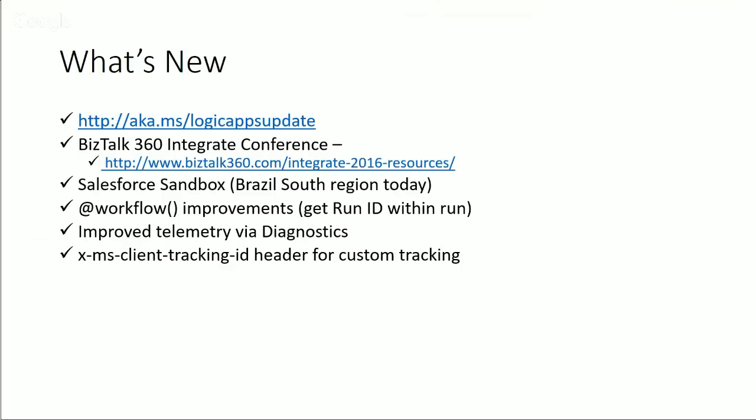Yeah. One request we got a lot is, hey, that's great that we have a run ID. What if I'm calling nested workflows? What if I'm calling other services and I need to have some ID that I have across all of that? And this is a way to do that. If you don't set a header, we'll generate a client tracking ID for you. But you have the option, through either a trigger that you own or through a request trigger, to pass in a header, XMS client tracking ID, with whatever you want. It could be a GUID, it could be whatever ID you've been using. We will keep that and honor it throughout all nested calls and into your diagnostics data as well.